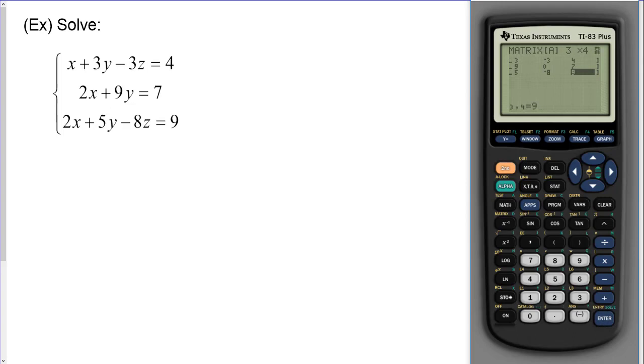Next, I'll quit out of the matrix editor and go back into my matrix menu and find the function RREF. You just want to be careful to make sure you're using RREF as opposed to REF, because with REF there's still a little bit more solving that needs to be done. Then I'm going to do this on matrix A, press enter, and I come up with